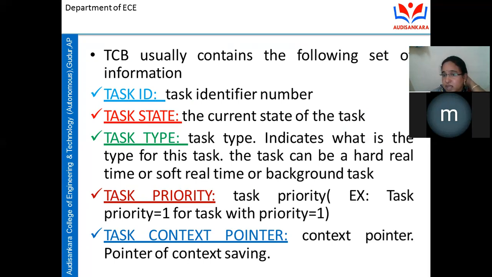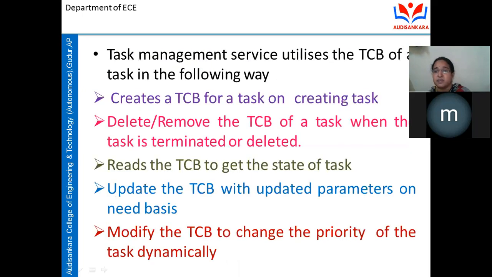It may be in the execution state, or the blocked state, or the run state or wait state. In which state the task is, the current state of the task is also maintained by the TCB. And which type of task it is, whether it is a soft real-time task or a hard real-time task. And what is the priority? If it has high priority, it is assigned 1. Otherwise it is assigned 0. The context pointer is used when context saving or switching from one context to another: the previous context needs to be saved, no? So it needs to point to that.